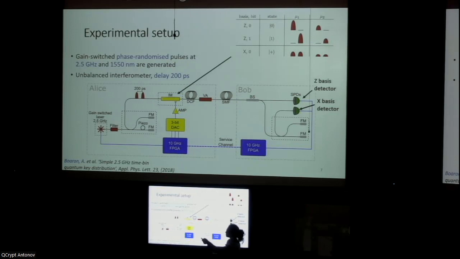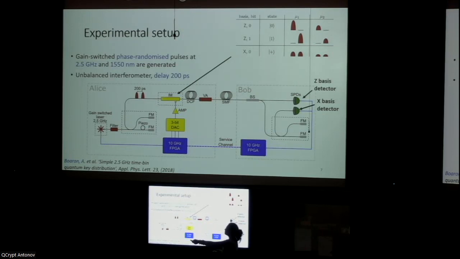We place dispersion compensating fiber to pre-compensate for any chromatic dispersion that would happen in the fiber on the way from Alice to Bob. And finally, we have to attenuate down to single photon level with a variable optical attenuator. Okay, and then we have what we wanted on Alice's side. Depending on the protocol, we would place more or less single mode fiber in between, and then we go to